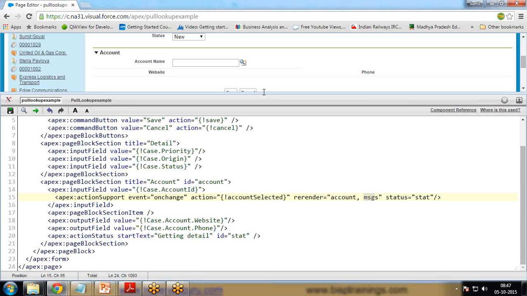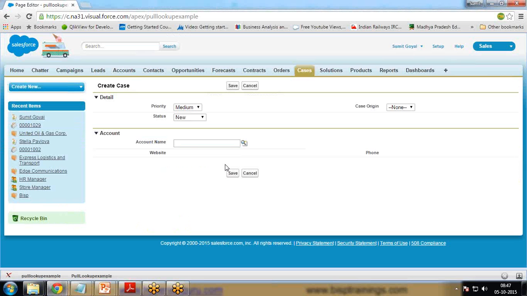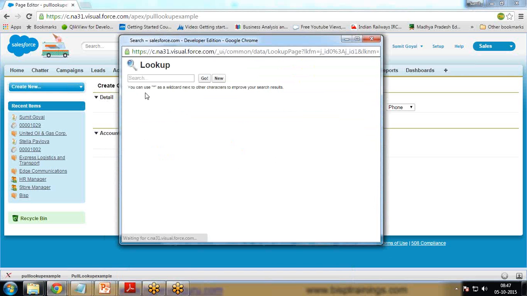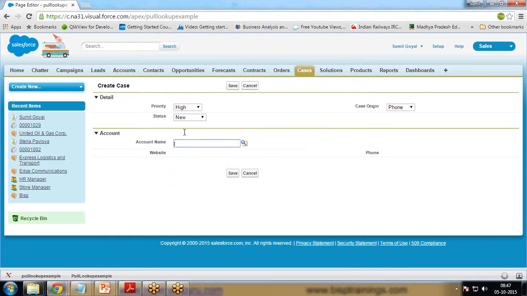So let's go and test it. So the programming is done, coding is done. Now it's testing time. So in order to test it, I'm just going to add the account name here. So for example, I specify the priority is high, case origin is phone, status is new, and either we can click on this account name, we click on this option and we'll get all the account names. You can see the list of accounts, or also we can specify here BISP, and if I click on outside,